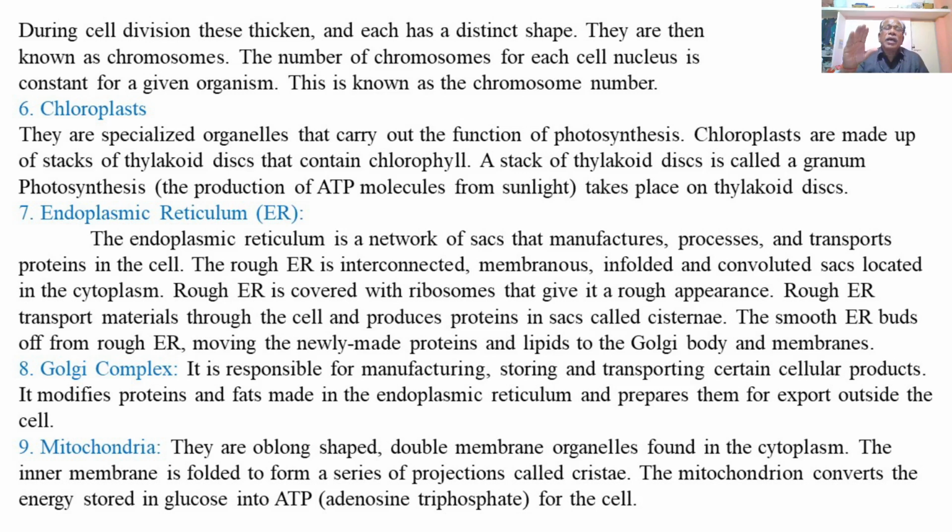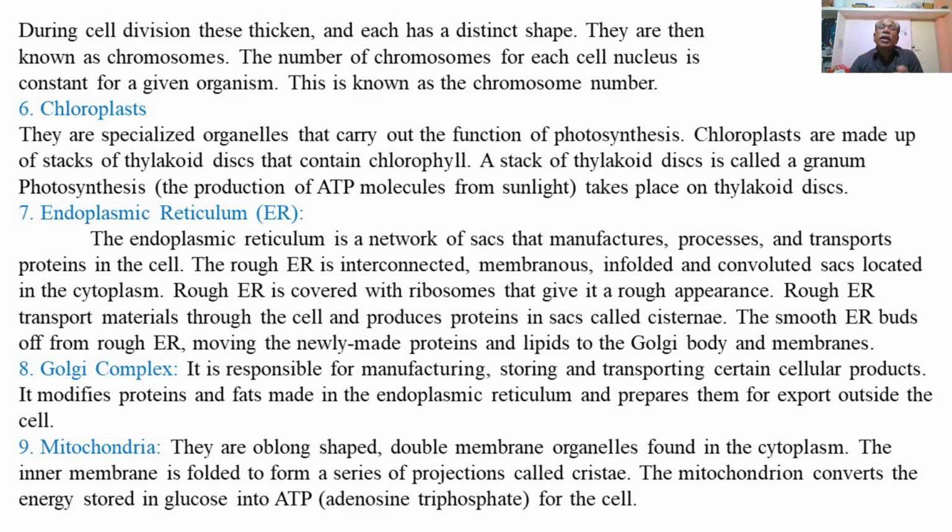So Golgi complexes are also responsible for synthesis of certain lipids, processing of the proteins, and storage of the proteins and lipids supplied through the smooth endoplasmic reticulum, which were produced by rough endoplasmic reticulum. So, rough endoplasmic reticulum synthesizes proteins which are then exported to the smooth endoplasmic reticulum, where proteins and the lipids synthesized in the smooth endoplasmic reticulum are then transported to the Golgi bodies.